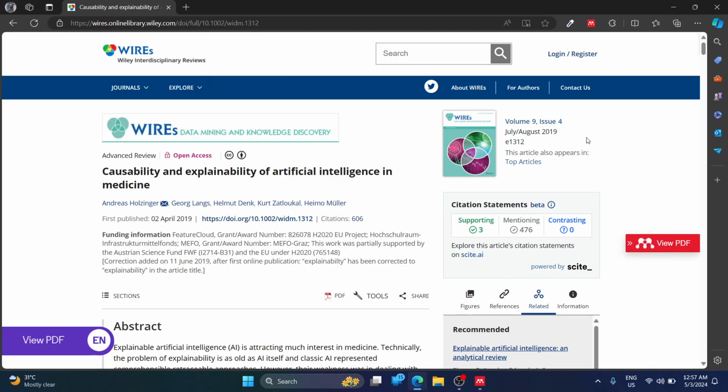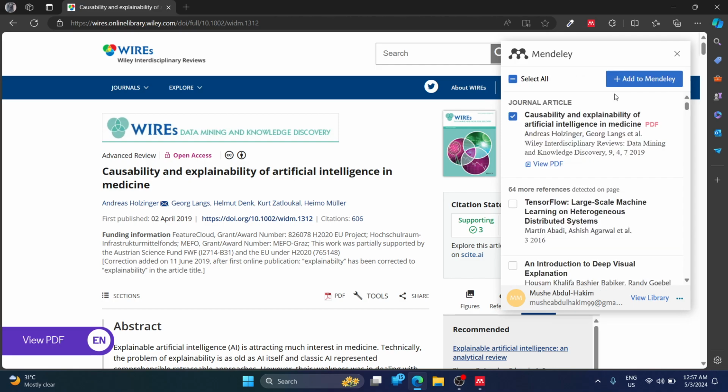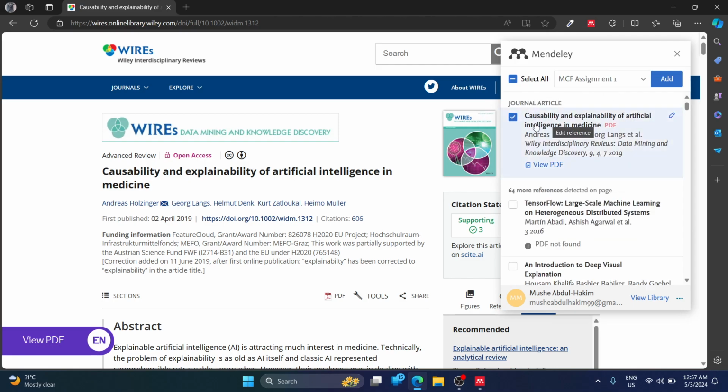One way to do that is to use the Mendeley web plugin, which I have installed in my web browser. So in order to do that, you open up the article, then you click on the extension. Depending on your internet speed, this could take a while before the interface loads. The title of the article will appear: Causality and Explainability of Artificial Intelligence in Medicine. You can add it,